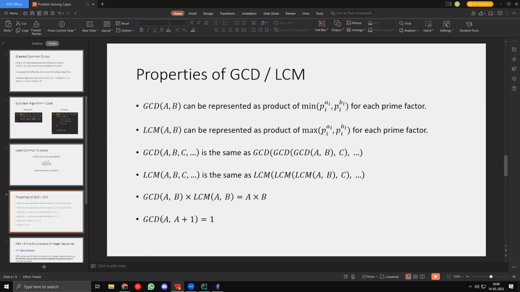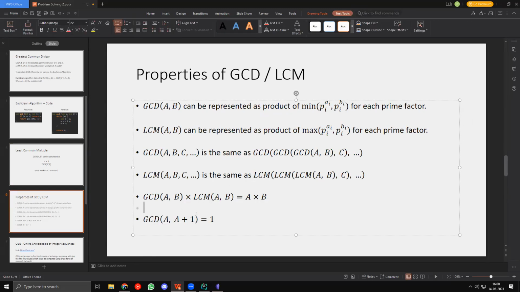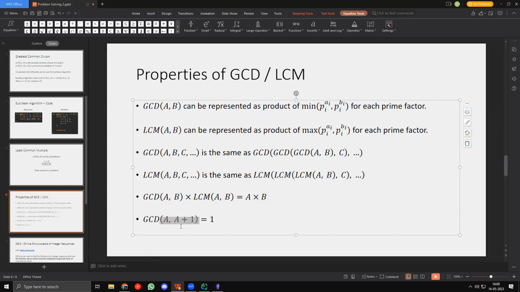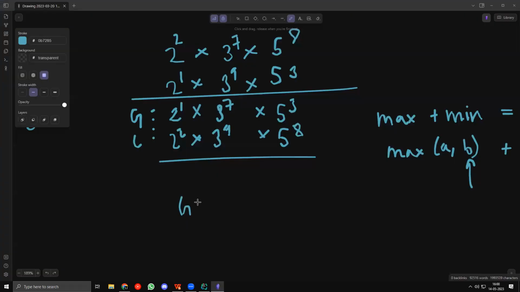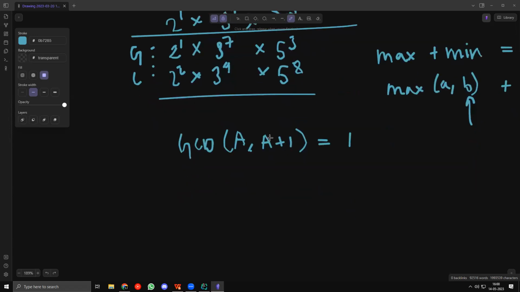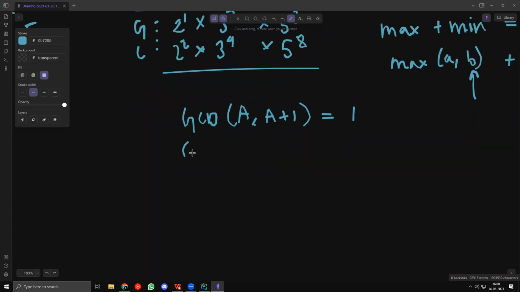And finally, we have GCD of A, A plus 1. So this is a very important thing. Many problems ask this, by the way. So just remember this: if you take GCD of a comma a plus 1, for any number a, this will always be equal to 1. Because let's try to look at how this would work. If I take GCD of a comma a plus 1, this would be GCD of a plus 1 modulo a,